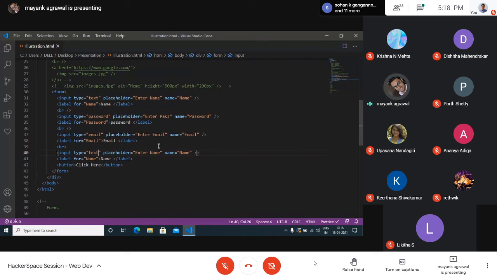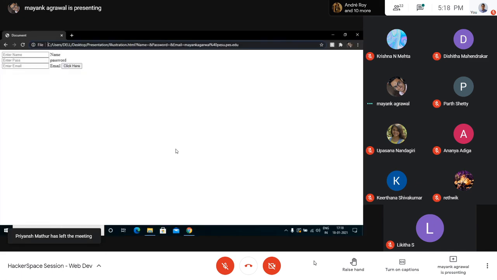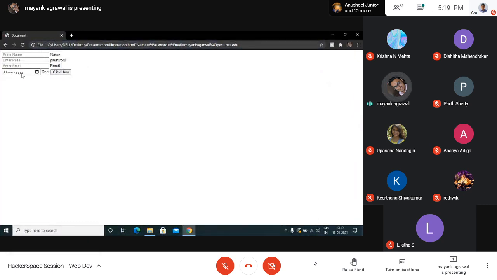Instead of text, I'll do date. Now date doesn't have a placeholder, something in a text way. And instead of name, I'll do date. So you'll see that we got this selector option over here.